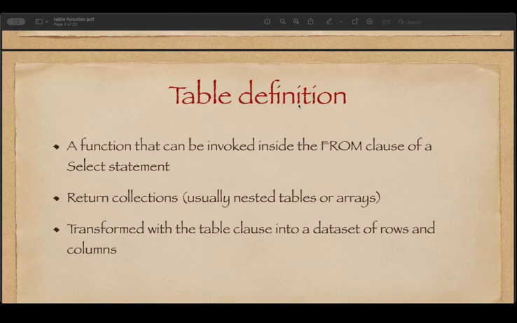A table function is a function that can be invoked inside the FROM clause of a SELECT statement. They return collections, usually nested tables or VARRAYs, which can then be transformed with the TABLE clause into a dataset of rows and columns that can be processed in a SQL statement. Table functions come in very handy